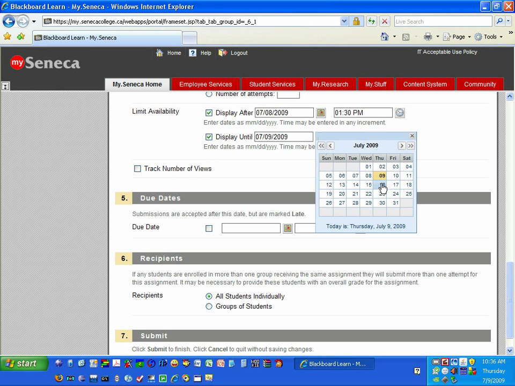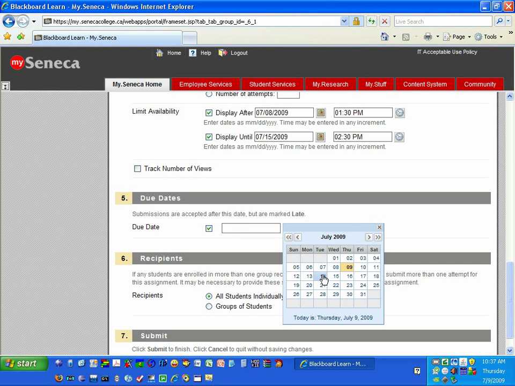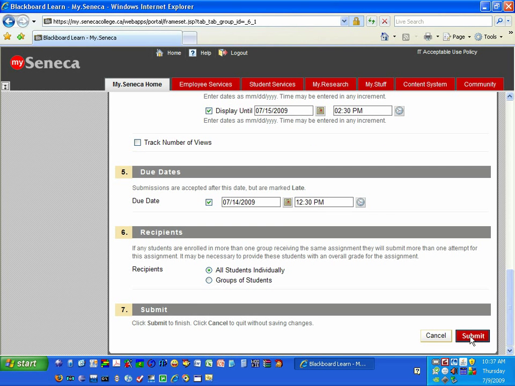And let's just say that we want to give them up until the following Wednesday at 2:30 p.m. or whatever time we want. Now that's just when the assignment is going to be displayed. The due date is a little different. You can actually have this displayed until, say, the 15th, and make the due date the 14th if we want, at a certain time, as long as we tell them in class or give an announcement as to when the actual due date is. And there we go. Now if we submit this and put it in,